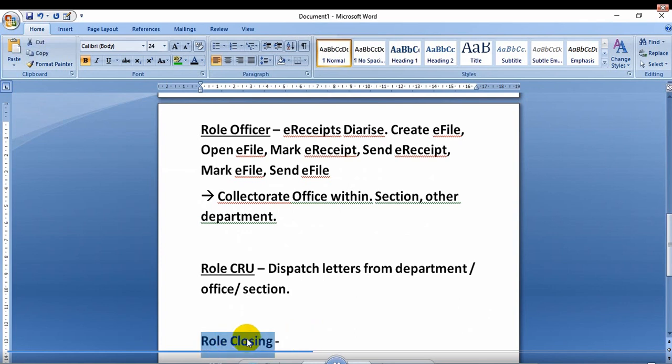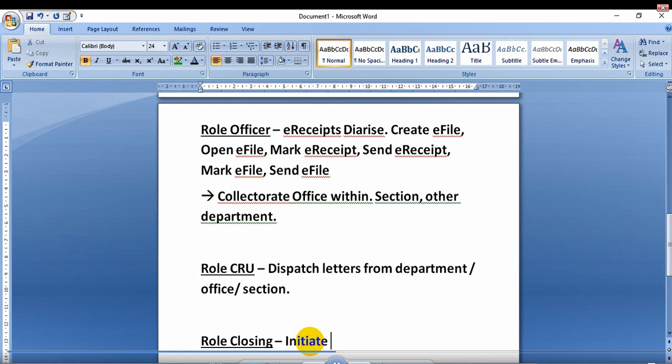So what will the person playing the role of role closing do? What work? Let's see. From the name only we can understand that it may close any file or receipt, but that is wrong. He can only put or initiate a proposal for closing any file or receipt to someone having the power to close, as the work is completed. Please note it. He cannot himself close anything, only initiate. Another authorized person can only close it finally after seeing his request or proposal.